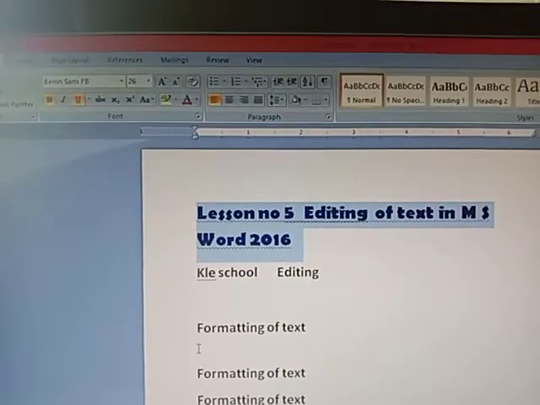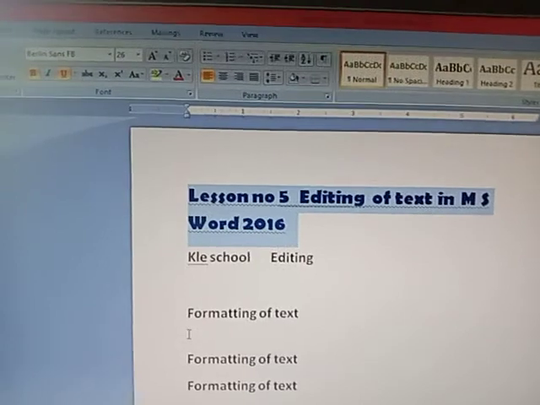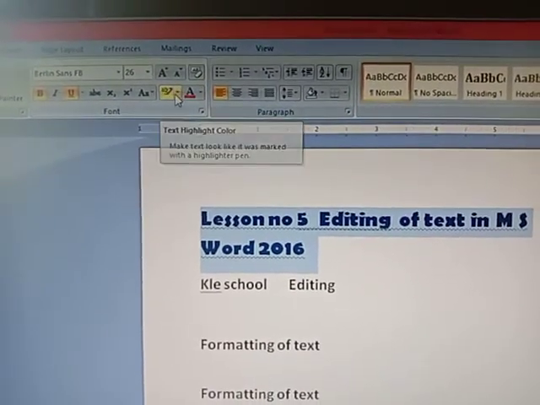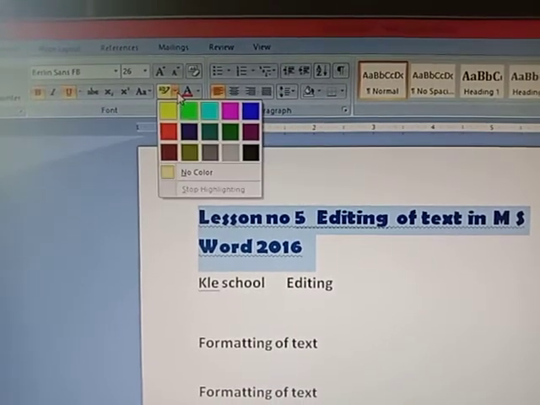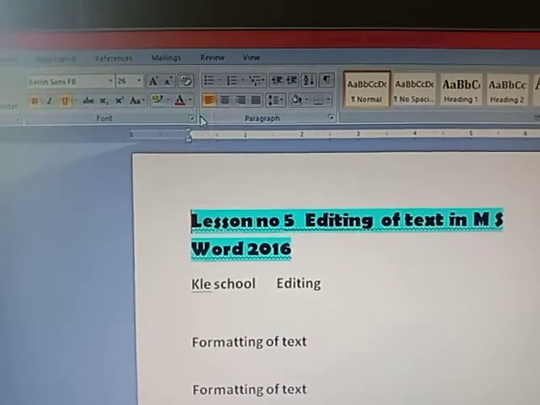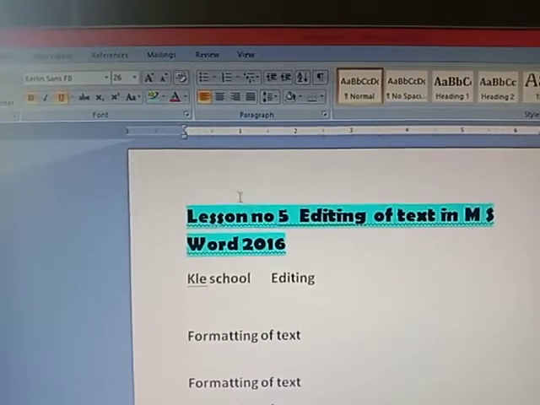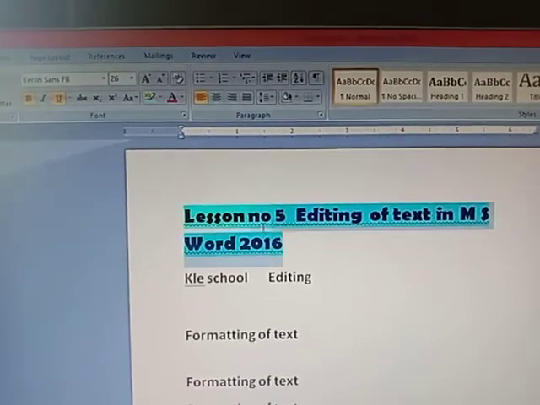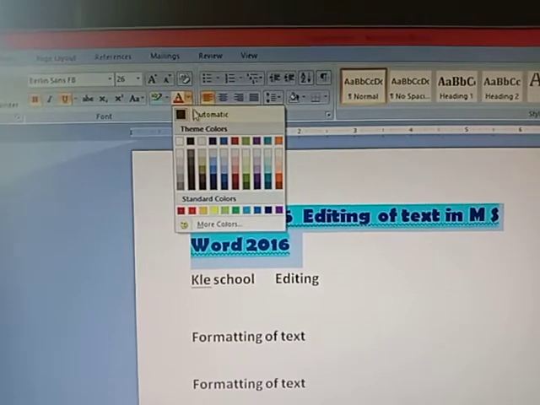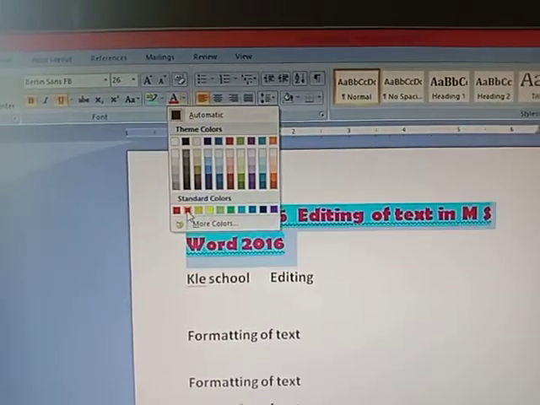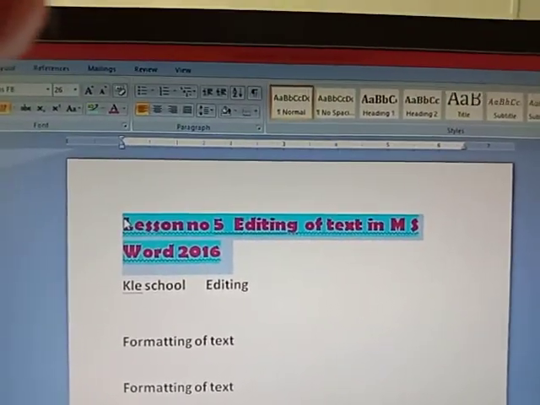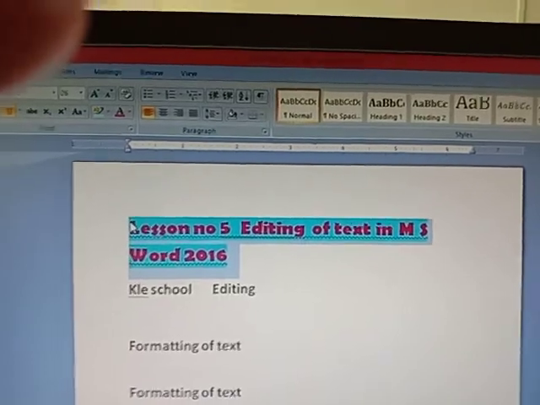Now if I want to highlight my text with a background highlight color, here can you see this AB option? Yes, this is for the highlighting. Just click on it, select the color. It will be highlighted with the same color. Now if you want to change the text color, select here, A is there, this is the text color. Click on it and just select whichever color you want, and that will come over there. So this is about the editing and formatting of text.